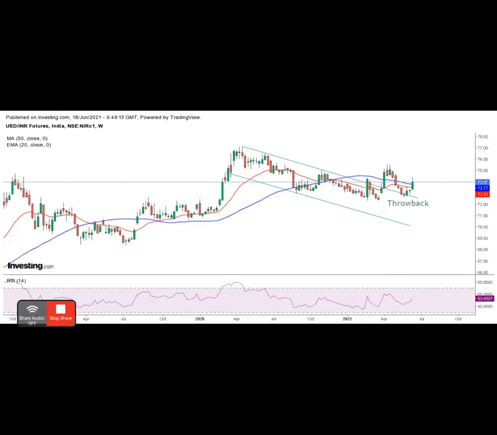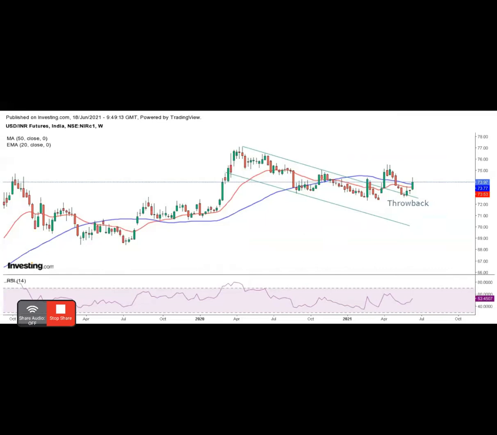अब ये जो फॉलिंग चैनल है उसमें there was a breakout, क्लियर कट बुलिश ब्रेकआउट, then it came down to test that particular trend line. ट्रेंड लाइन जो पहले रेजिस्टेंस हुआ करती थी वो फिर बन जाती है सपोर्ट, और ये ट्रेंड लाइन का सबसे इम्पोर्टेंट कैरेक्टरिस्टिक है, इसको हम बोलते हैं रोल रिवर्सल। जो पहले रेजिस्टेंस था वो बाद में सपोर्ट बन गया, और ऊपर से जो नीचे आके टेस्ट किया उसको हम थ्रो बैक बोलते हैं। अगर ये नीचे से ऊपर आता है तो उसको हम पुल बैक बोलते हैं। ऊपर से नीचे आके सपोर्ट को टेस्ट किया इसलिए इसको थ्रो बैक बोला गया है, और उसके बाद ये वापस ऊपर गया। अब न्यूज आया इसलिए ऊपर गया या टेक्निकली ये ऊपर जाने वाला था, that you decide, but this is how it looks like.